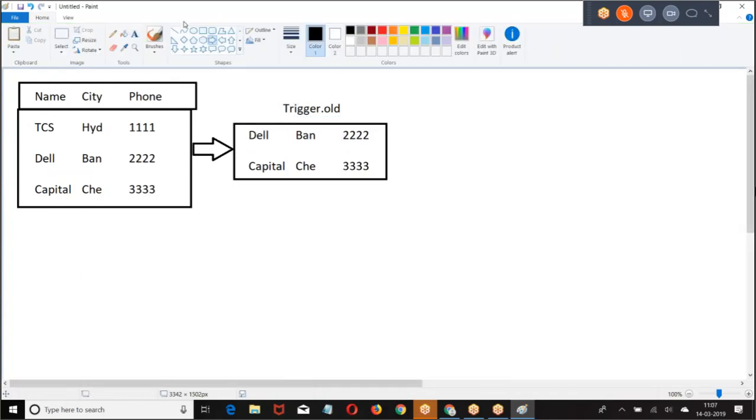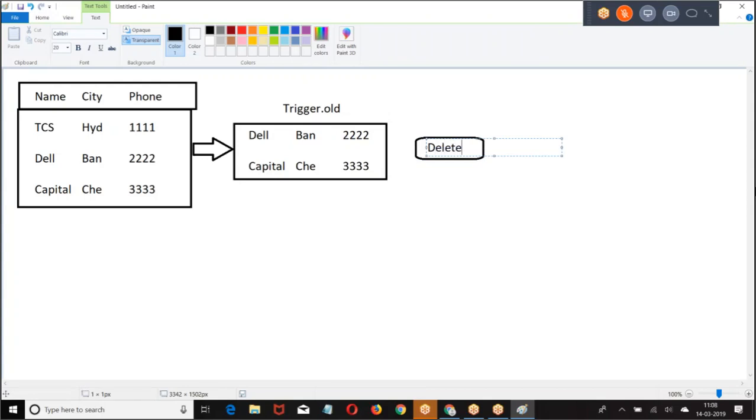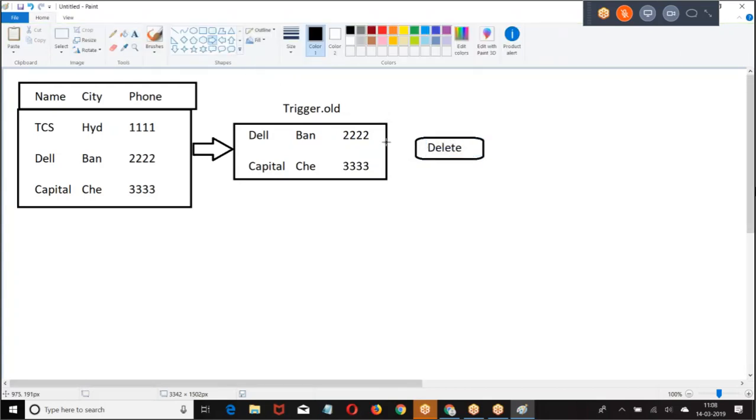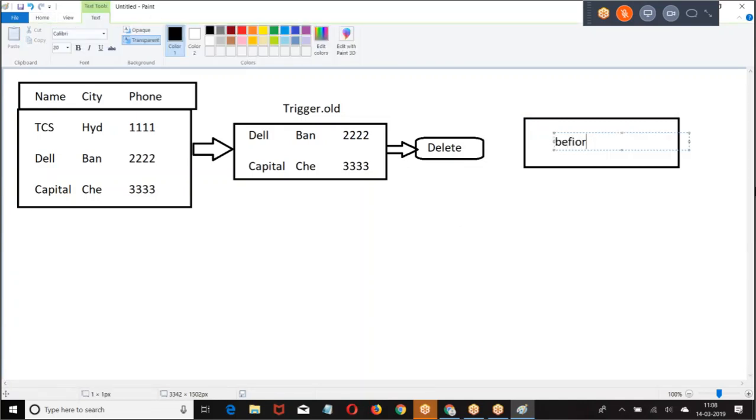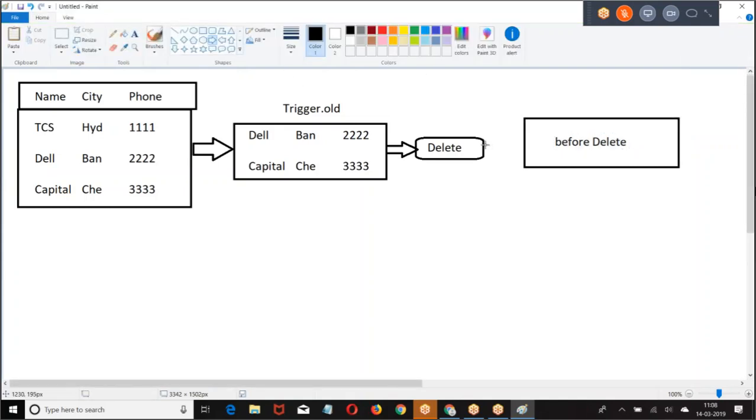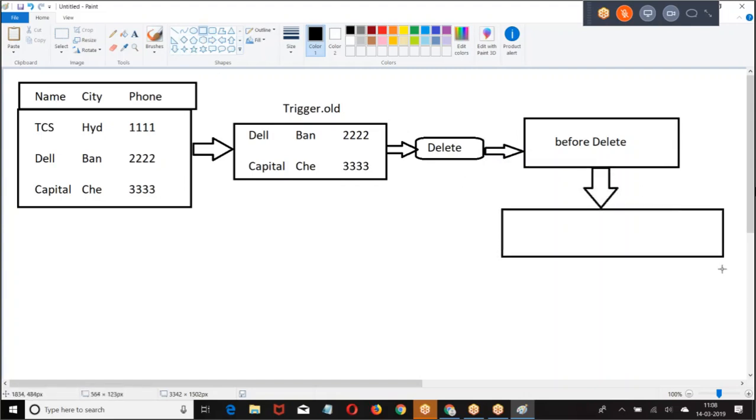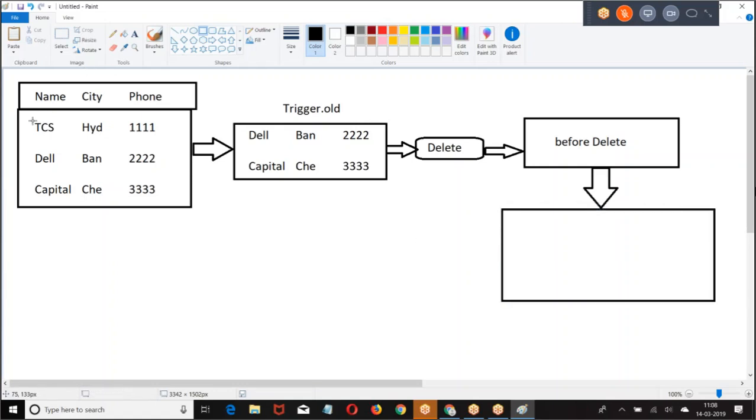Then the moment I say delete, what happens here? Before delete, the trigger will be running. After running the before delete trigger, it goes to the data, and then the data is deleted permanently.